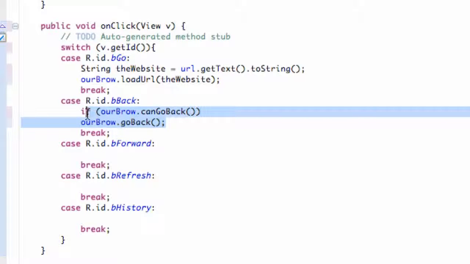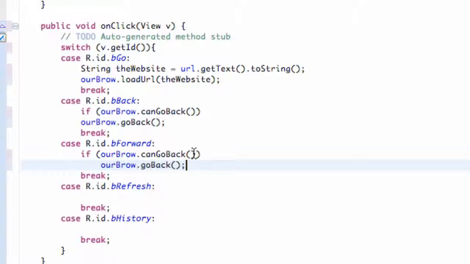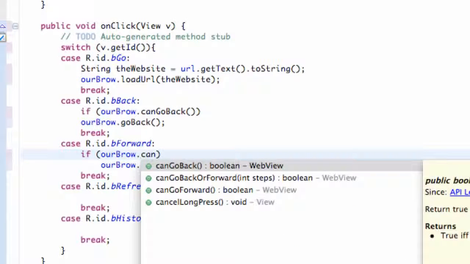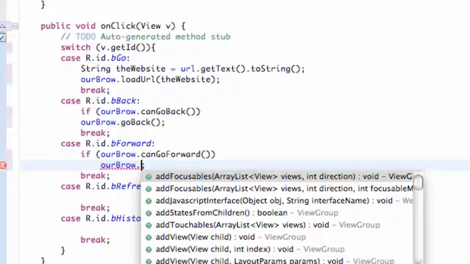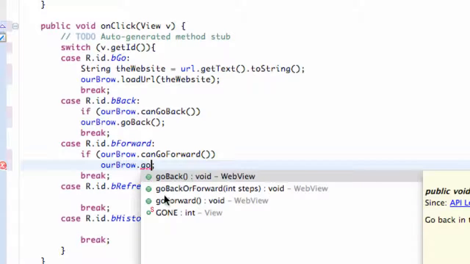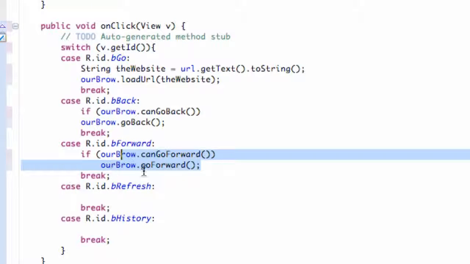And that's going to be kind of the same layout for go forward as well. So we're just going to copy and paste that. Instead of saying canGoBack, we're going to say dot canGoForward. So again, that's Boolean, checking if it's true or false, and if it's true, we're going to make our web view go forward. And can you guess the method? It's called goForward. Pretty simple again, but these are just some of the methods that we can use